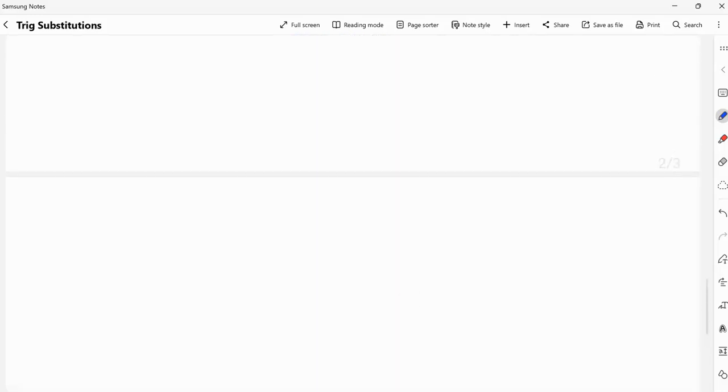Let's look at another problem. Let's say we want to integrate the square root of x squared minus 16 over x dx. And we're going to use a trig substitution to help us do that. So this is x squared minus 16. This is in the form of u squared minus a squared. So we would use